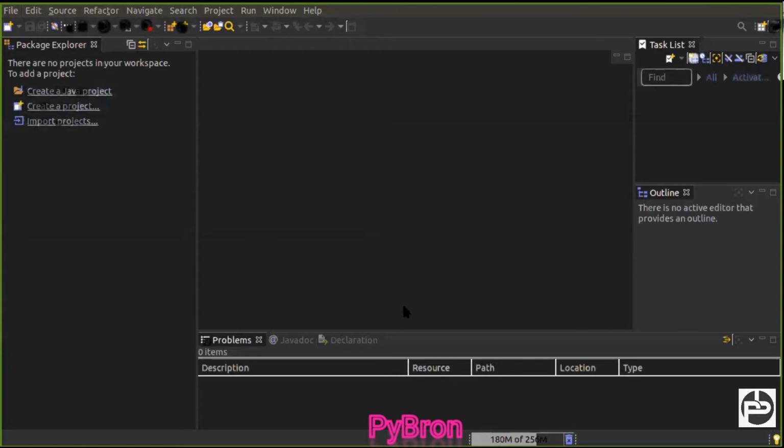Click on the Maven project, click on Next, and here there is a checkbox to create a sample project. Click on this checkbox and click on Next, and here it is asking for the group ID and artifact ID. Again, what are the group ID and artifact ID? They are very important and mandatory fields you have to provide. What is the group ID? I'll show you.